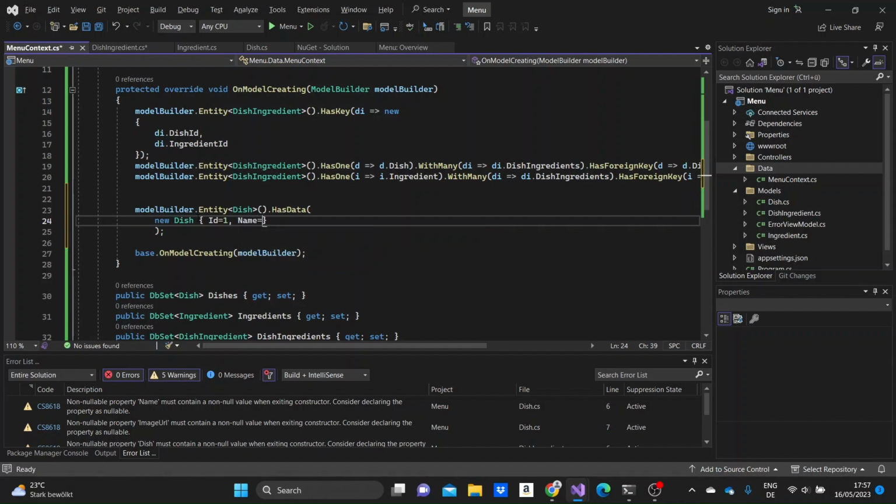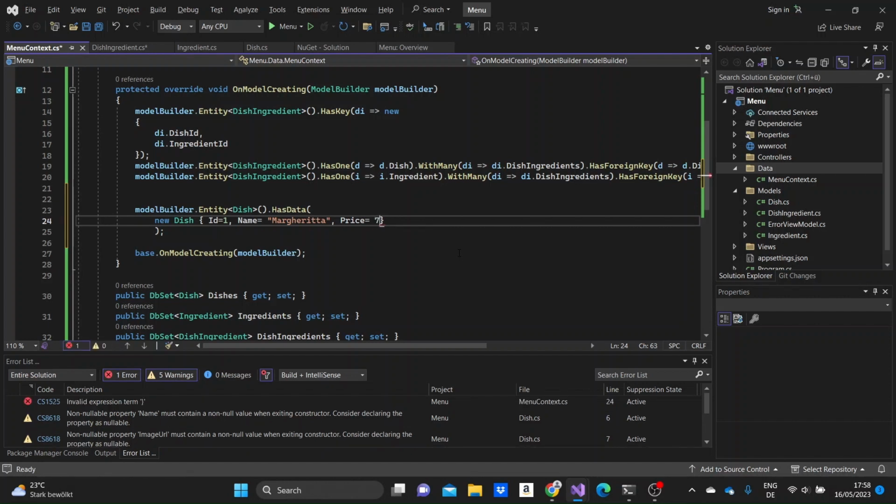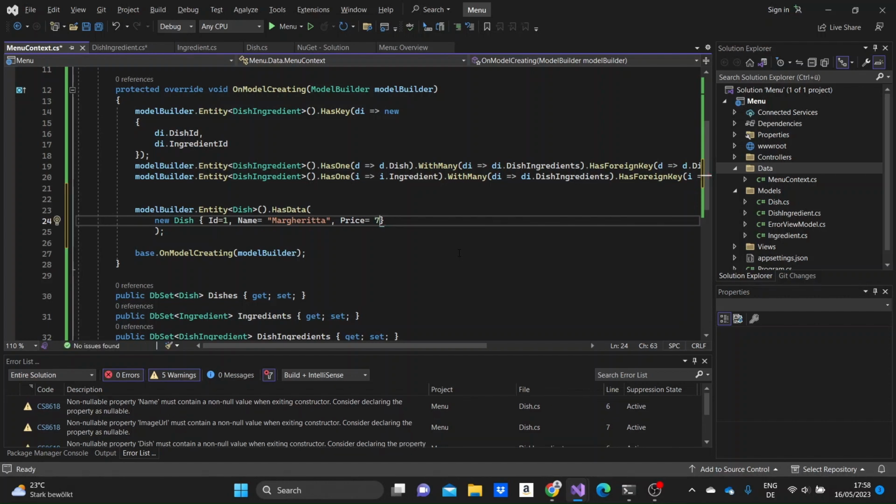And we'll name it something like, I don't know, for this video I'm just going to make it the menu out of pizzas. So like margherita. I'm setting the price to 7.50, and for the image URL we can just go to Google,